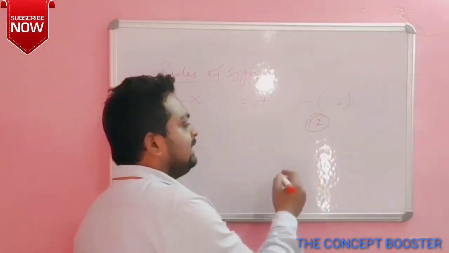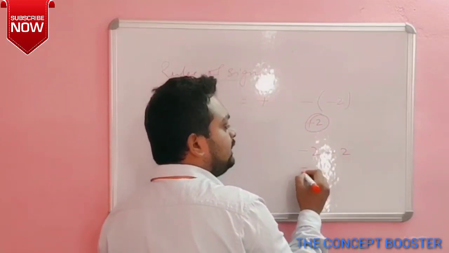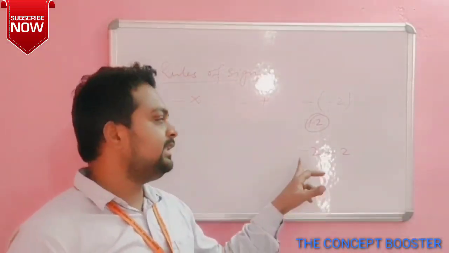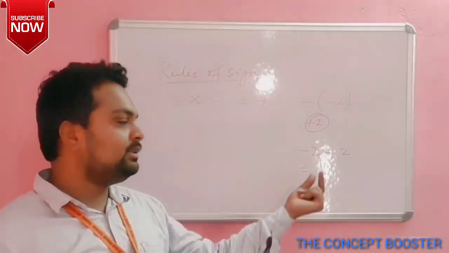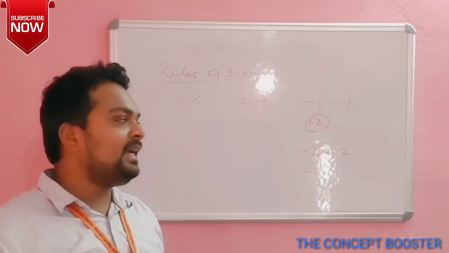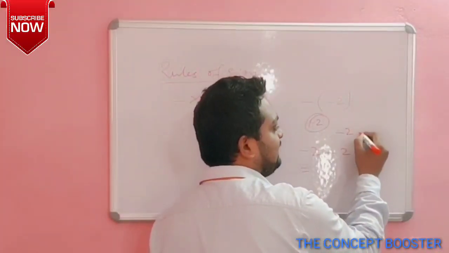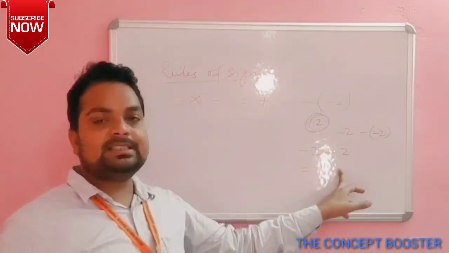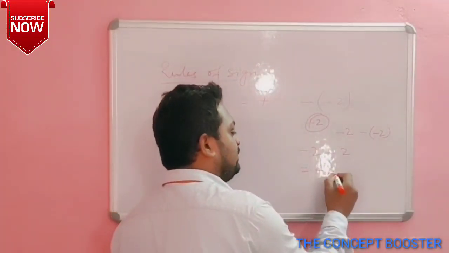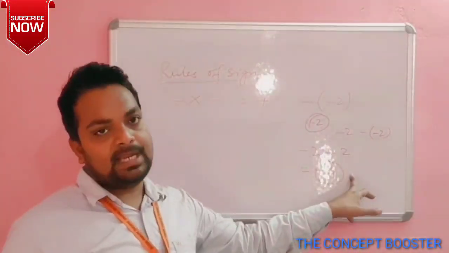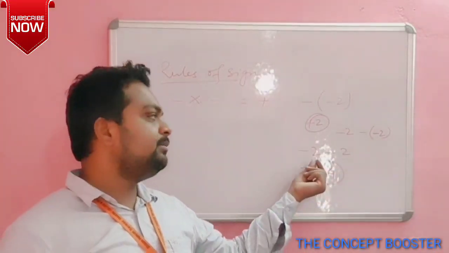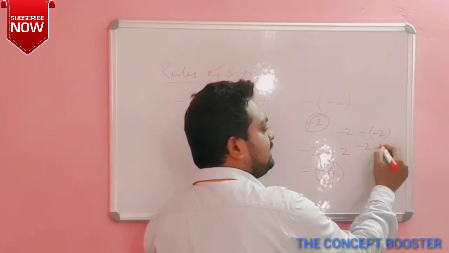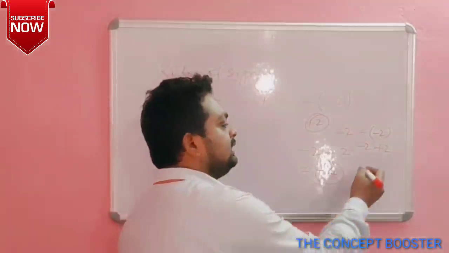Okay, but if it is written minus 2, you cannot change the sign here. Minus 2 and minus 2. If it is written as minus 2, you have to add 2 with 2, but the sign will remain minus. But if it is written as minus 2 minus 2, then it is minus 4, because the minus sign is not multiplied here. It is just simple addition with the minus sign. Okay, but for this we have minus 2 and minus into minus is plus. So minus 2 plus 2 is equal to 0.